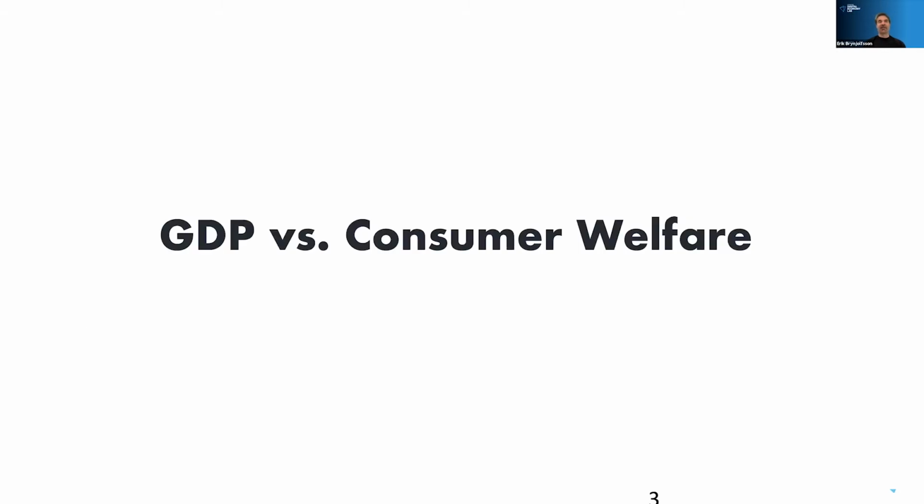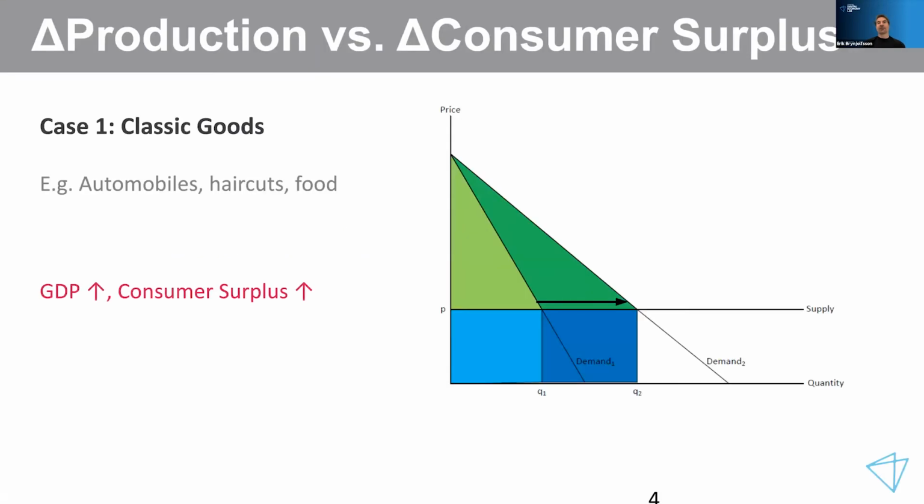So let me just dive in a little background on GDP versus consumer welfare. Some of you hopefully know this, but just as background. The green areas there are consumer surplus. The blue rectangles are price times quantity, what you spend on things, which is essentially what GDP measures. And the good thing is for a lot of goods and services, cars, haircuts, apples, if you get twice as many of them, you kind of get twice as much consumer surplus. So they're proportional. And that's why this convention of describing how well off we are, or how well a country is, or how things change from year to year by looking at changes in GDP isn't totally crazy.